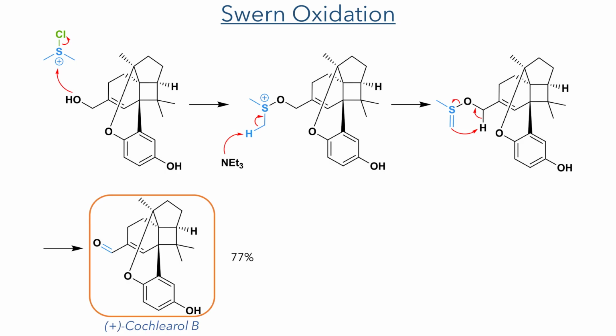The alcohol attacks the sulfonium, and one of these sulfur methyl groups is then deprotonated by triethylamine. A proton is then abstracted, together with the oxidation of the carbon-oxygen bond and the elimination of dimethyl sulfide. This oxidation completed the synthesis of Cochlearol B in just 14 steps, which is very impressive for a molecule of